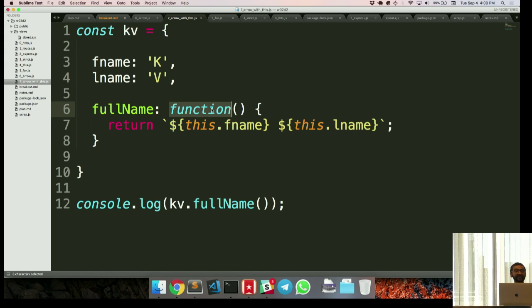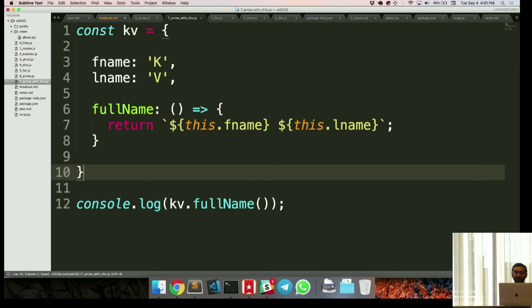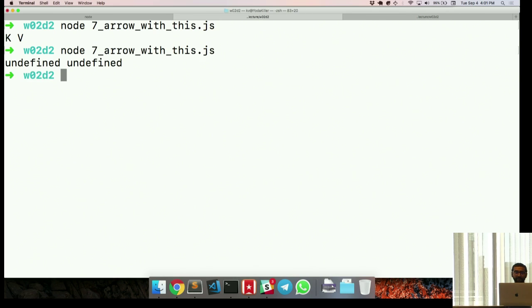It's in scenarios like this where if I use an arrow function here, it's not going to work in the same way as a function expression.